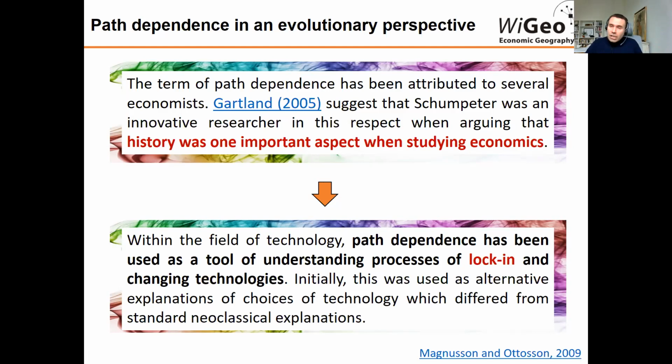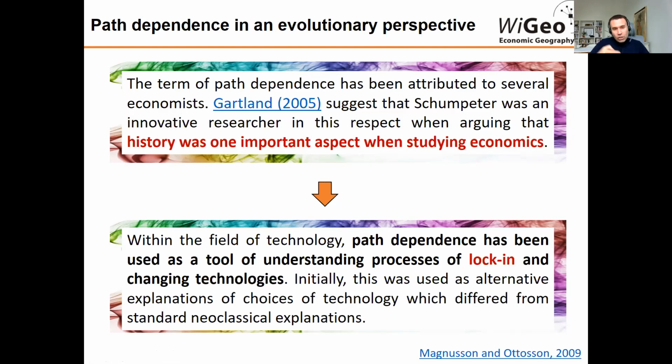We already discussed this, the evolution through time, historical processes that impact what certain regions currently are. And within the field of technology, which you know relies very much on innovation processes and research and development, path dependence has been used as a tool for understanding processes of lock-in, a concept where the definition is somewhat implicit, something that is entailed, is locked in. But the justification within evolutionary economic geography is much more challenging than that. So they start using path dependence to understand these lock-in processes in changing technologies,